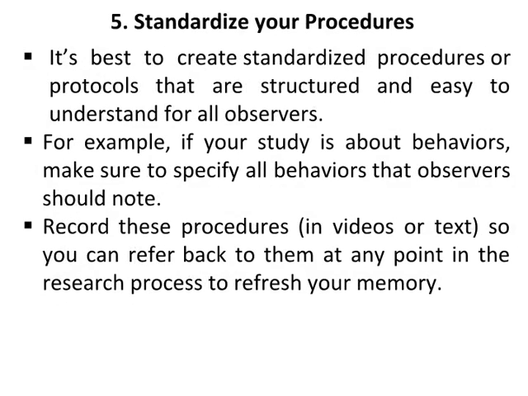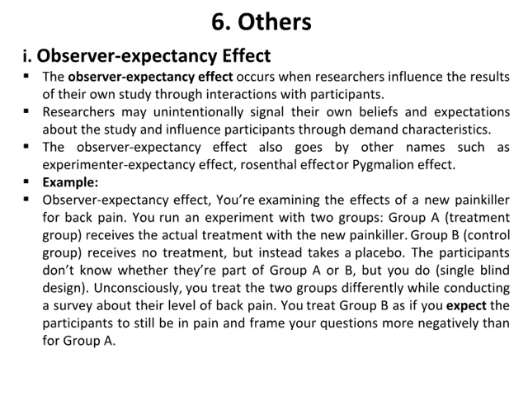Number 5 way of minimizing bias is standardize your procedures. It's best to create standardized procedures or protocols that are structured and easy to understand for all observers. For example, if your study is about behaviors, make sure to specify all behaviors that observers should note. Record these procedures, in videos or text, so you can refer back to them at any point in the research process to refresh your memory. The last but not least is others, ways in which